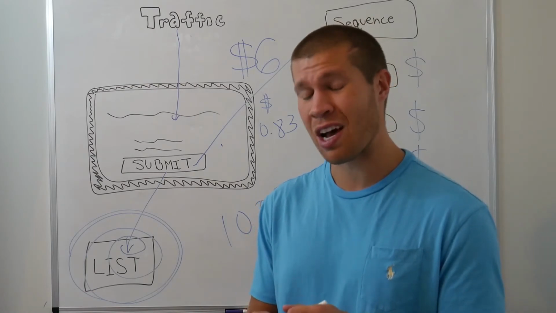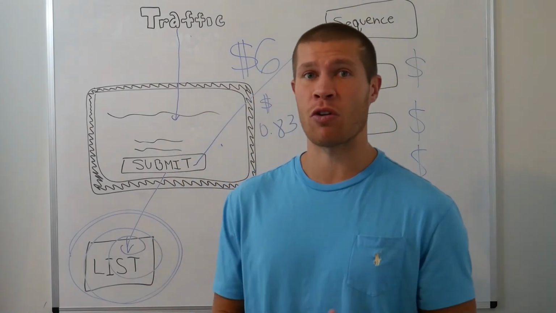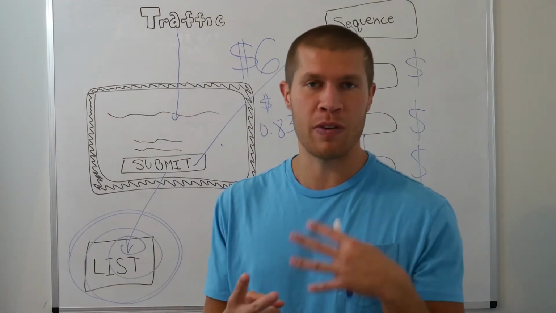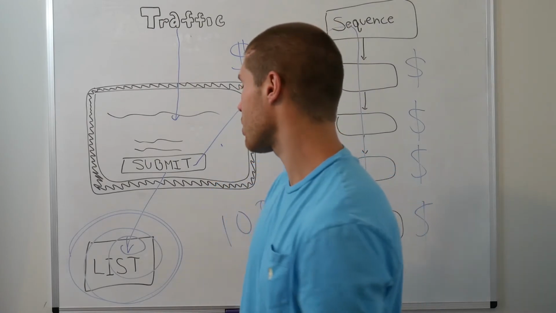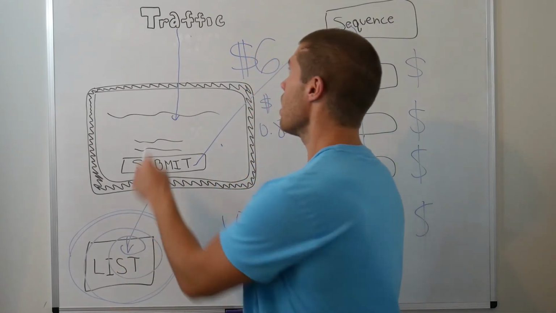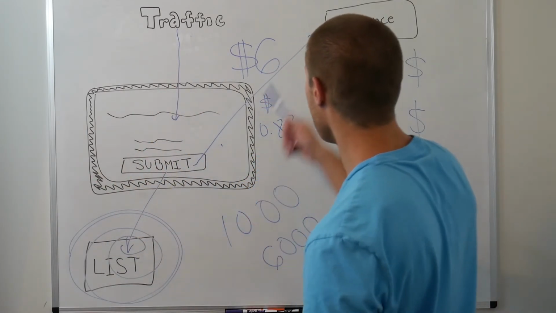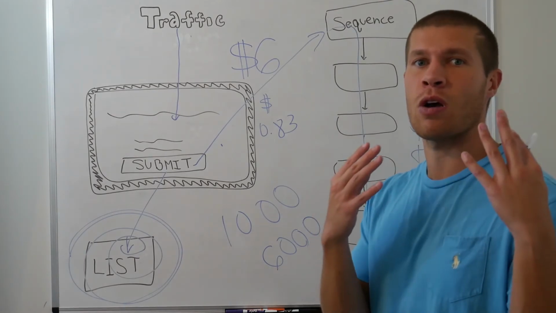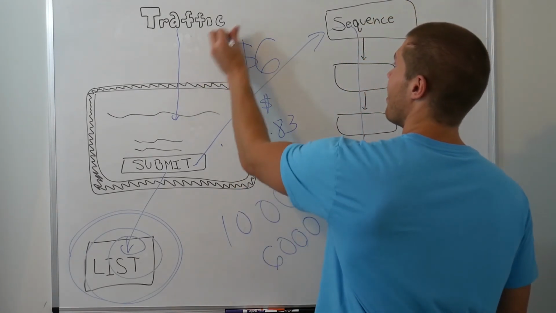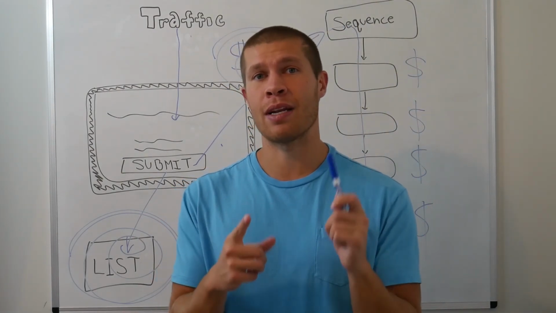So you do the math, that's how I'm making money with my email marketing sequence, and it's basically on autopilot because the traffic's on autopilot because I set up the ads. I also create YouTube videos, which isn't necessarily on autopilot, but it just supplements. I don't count that. That's free traffic. So the traffic's automated, the landing page obviously sits there, it's automated, and then my email marketing sequence that I've set up is automated like I showed you. So everything's automated, and the best part is the money is automated as well, comes in your bank account.